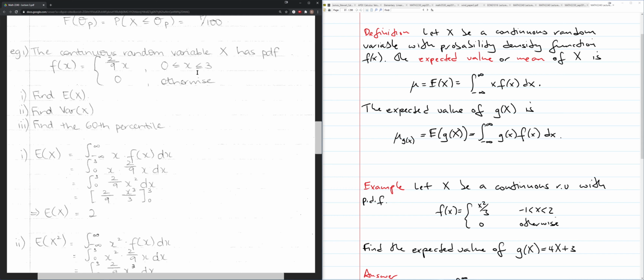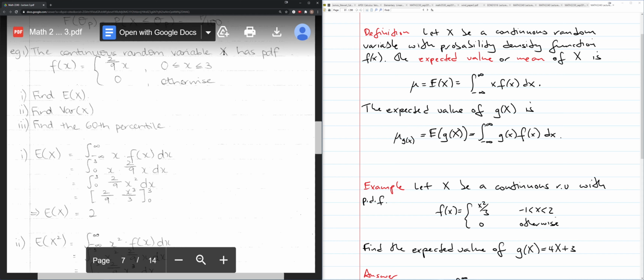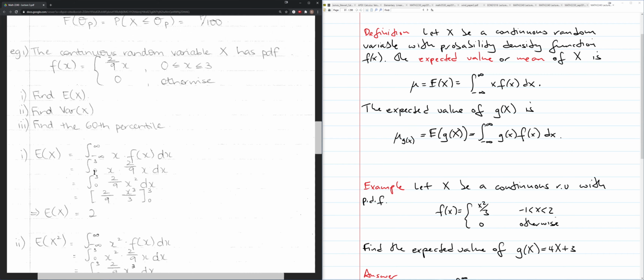So the possible values of your random variable x really just lie between 0 and 3. What you're doing here is integrating over the possible values of your random variable, 0 to 3, and this is just x times your PDF. You get 2/9 x squared, and you integrate between 0 and 3, and you get the answer here,